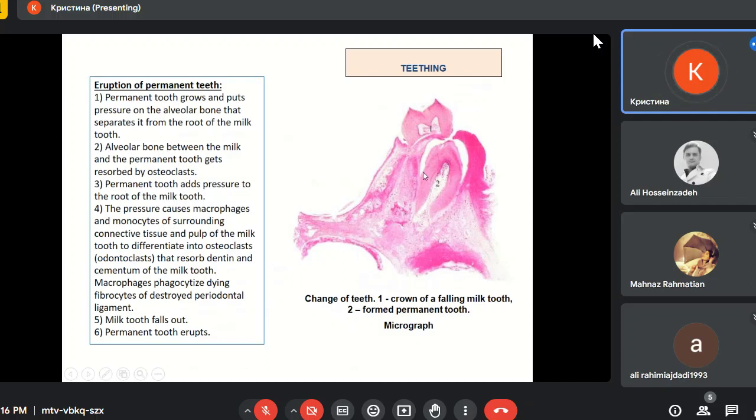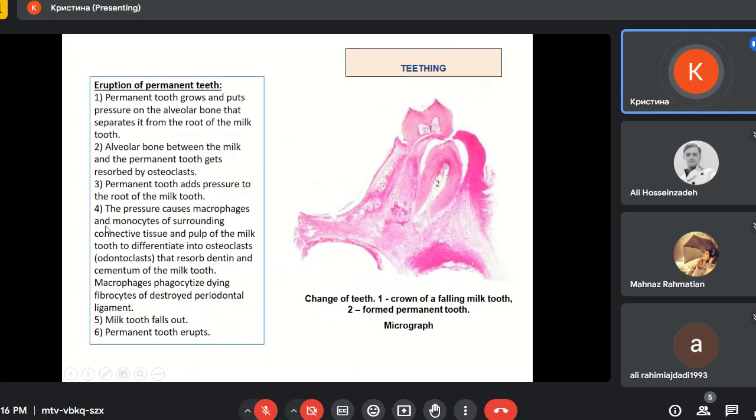But when the permanent tooth root starts to grow, it starts to push to this separation bony part between the permanent and milk tooth, and this bone starts to be resorbed by osteoclasts. Then the permanent tooth continues to push to the milk tooth, and it stimulates macrophages